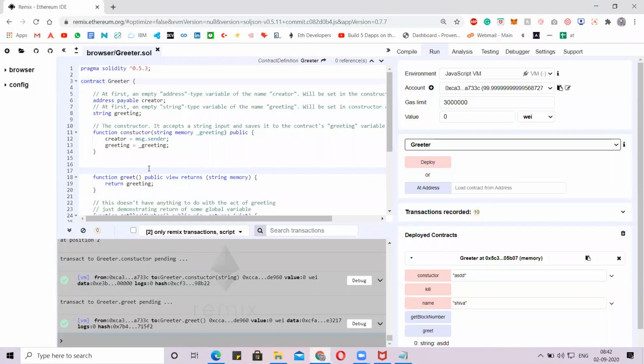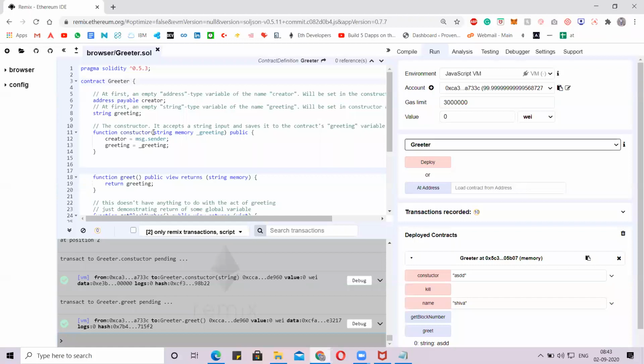Cool. I'll just give a quick recap. The first line is always for the Solidity version. The second line is always to declare the contract name. Always remember the contract name and the contract file name have to be the same. Then at the topmost, we declare the global variables, like string greetings.